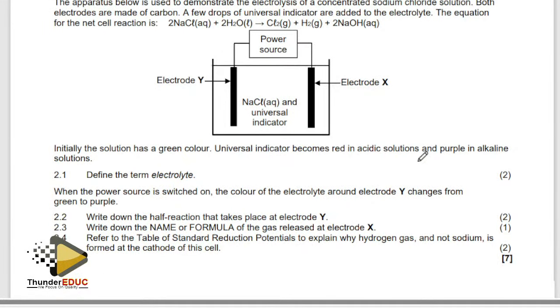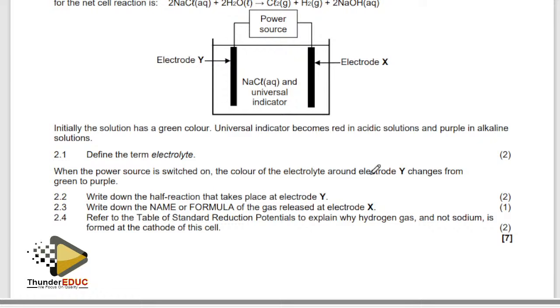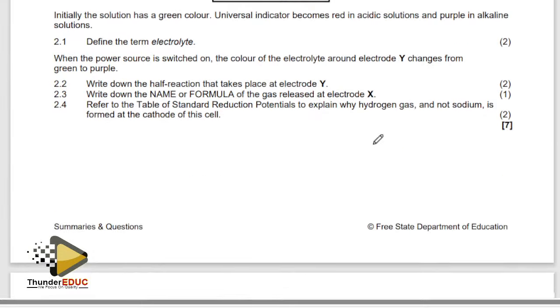What is electrolysis, and what is an electrolyte? An electrolyte is the substance which will undergo electrolysis. It can be a liquid, it can be a solid, it can be a gas. No, not a gas. It can be in aqueous form. Yes. So please make sure that at least, guys,